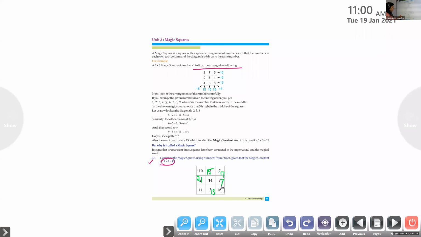Okay. If you don't have the printed form, you can take it down in the rough book. Ma'am, can you send this magic square PDF? It is easy to fill it up when some numbers are given. Okay. We are going to study how to fill it when no numbers are given. Can you hear? You are asked to prepare a magic square. Okay.